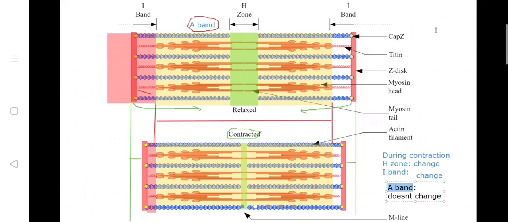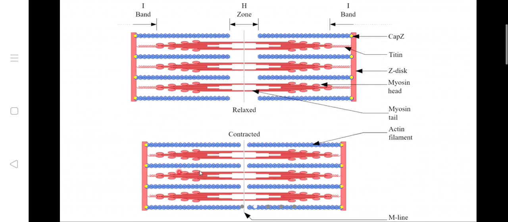Okay, so clear? This is how the contraction will occur. And here there is something called the M line, that is the middle line. In the middle, exactly equal halves, this half, this half. The line which is going through the middle is called the M line. They will not ask you about the M line, but they will ask you about the bands.